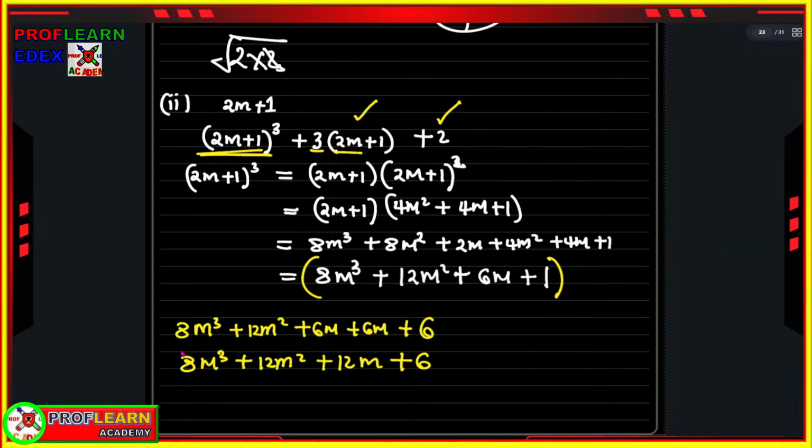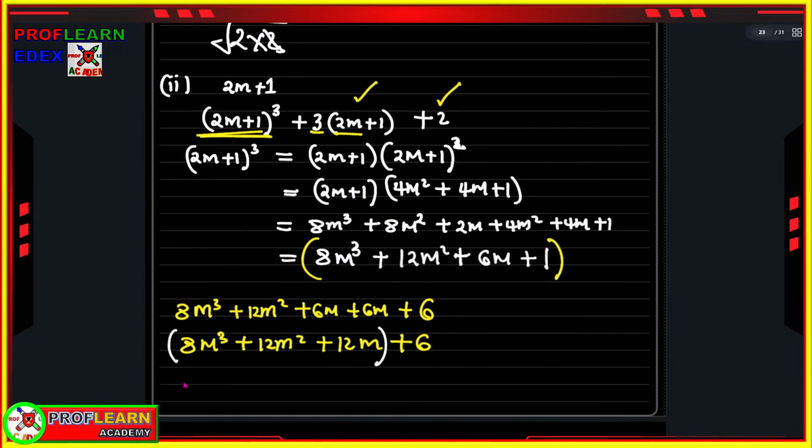If you group this guy here, these guys and these guys, we can factor 4 out, and then we can say this is 4 into 2m cubed plus 3m squared plus 3m plus